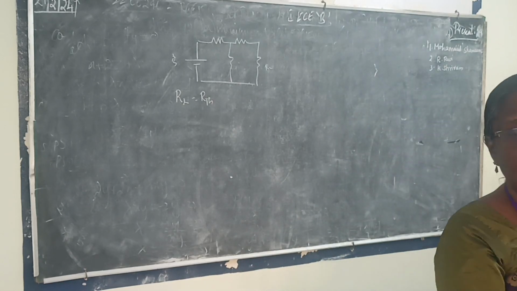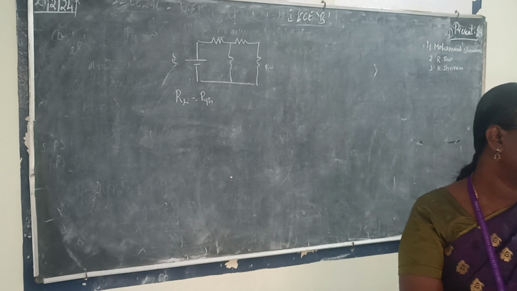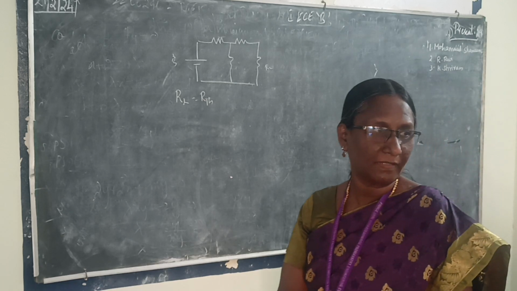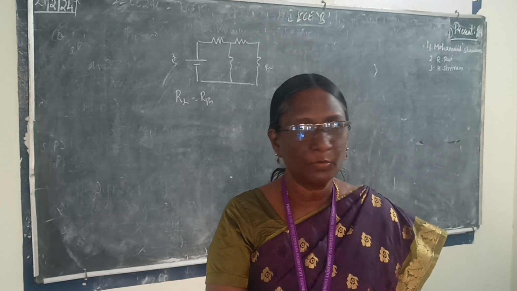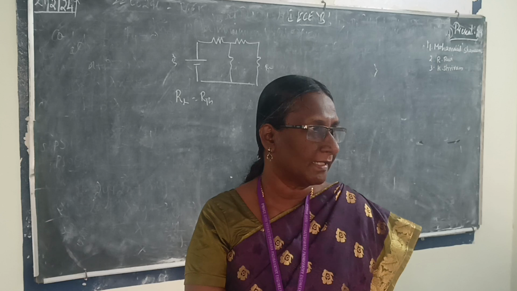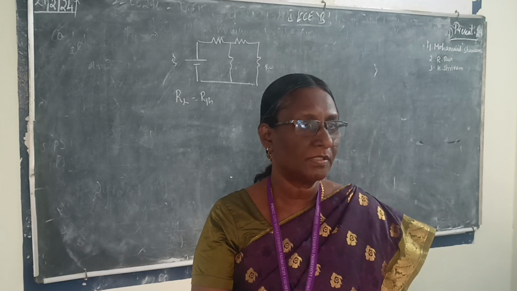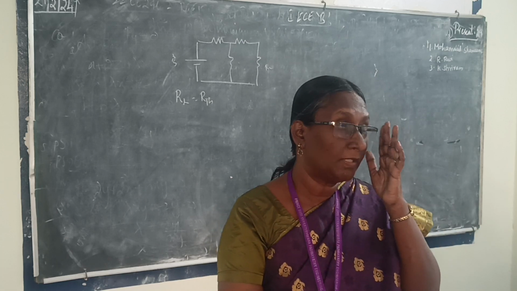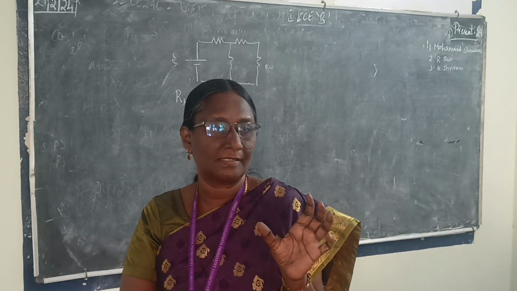Power is transferred in a circuit when the load resistance is equal to Thevenin's resistance. How do we find Thevenin resistance? What is the procedure to find Thevenin resistance? Remove the load resistance, open circuit the current source and short circuit the voltage source. By using these assumptions, we are going to find out the Thevenin's resistance.